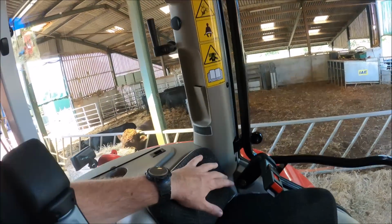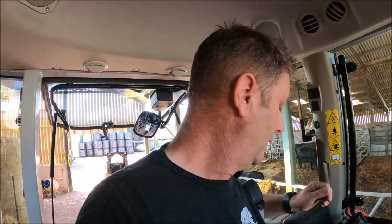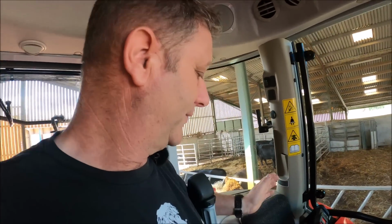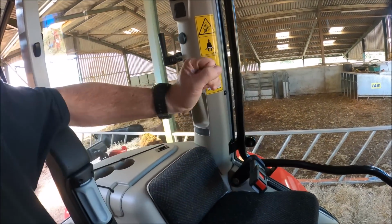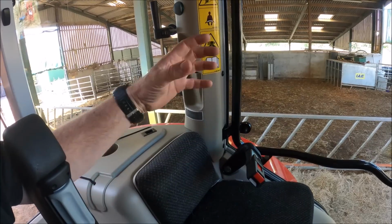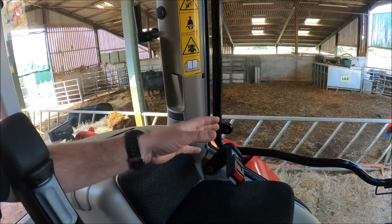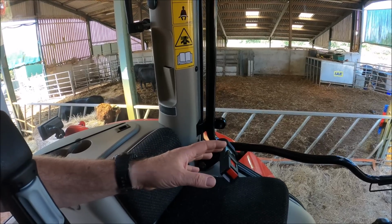Bigger stuff. The buddy seat. The buddy seat is fine as a buddy seat, but that's kind of all it does. Doesn't do anything else. The Case and New Holland have a different sort of folding down back buddy seat that you can fold up as a chair and folds down, and it becomes an armrest, a cup holder, a document holder, a desk,